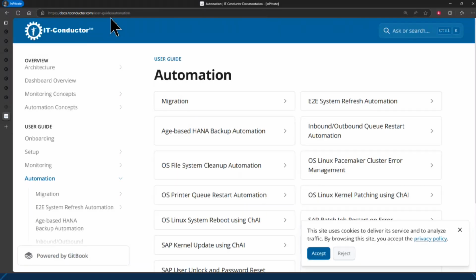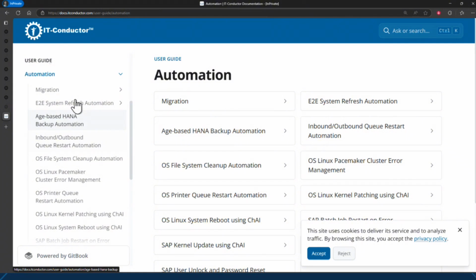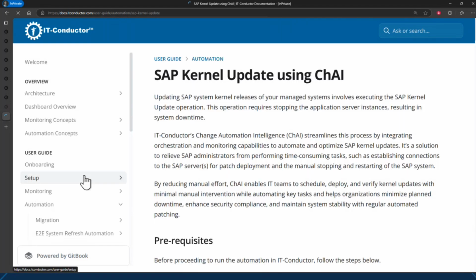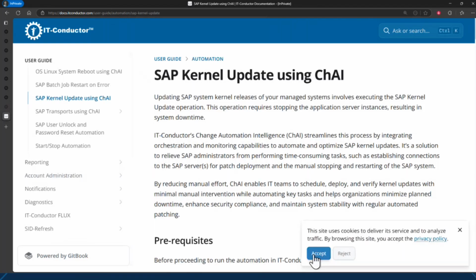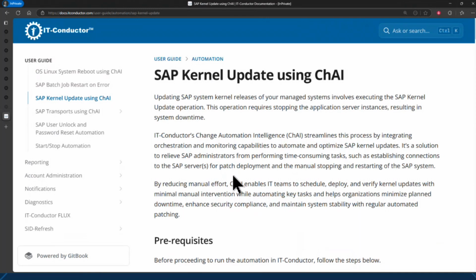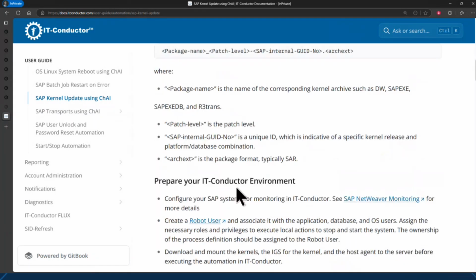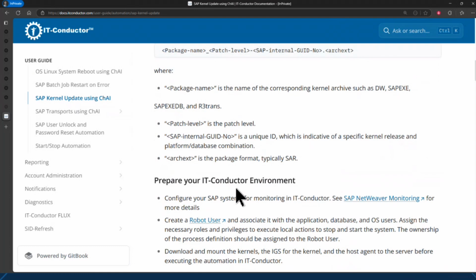Our docs.itconductor.com points out many different automation scenarios, including ChAI, for instance, through the kernel update process. If you're interested in how we can help streamline SAP kernel updates or even HANA updates, OS updates can be implemented. You can see exactly how we implement that, and it's transparently built as a service catalog item and then adapted to your